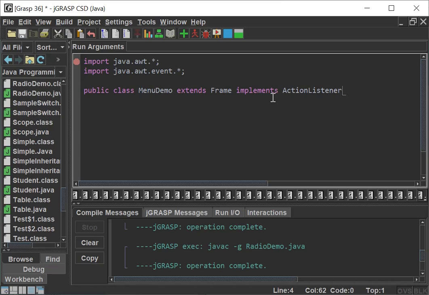When there is a click event, the action type will be an action event. So which interface do we have to utilize to handle the event? ActionListener. That's why I have implemented ActionListener here. After that, I have opened and closed the class braces.